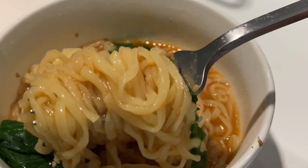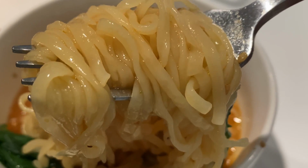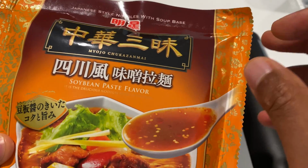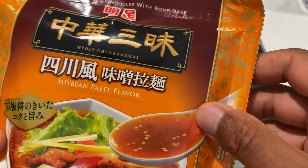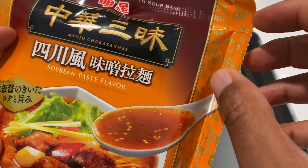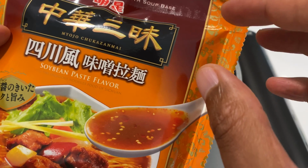Come up to the screen. Look at it. Look at the noodles. Alright, today I'm going to be making soybean paste flavor ramen noodles. Absolute goodness. Now this particular brand is by my OG, starts with a